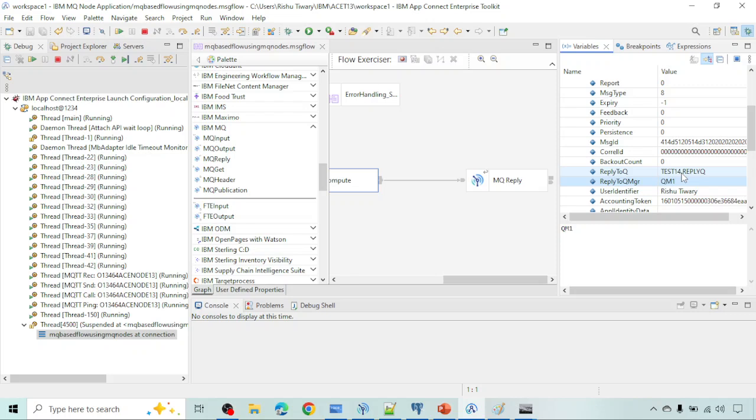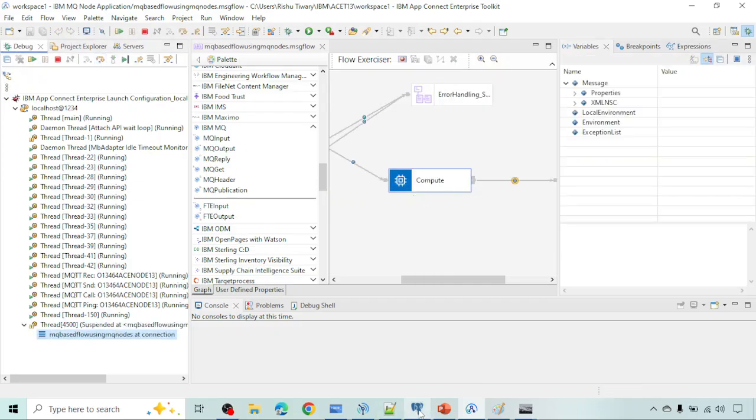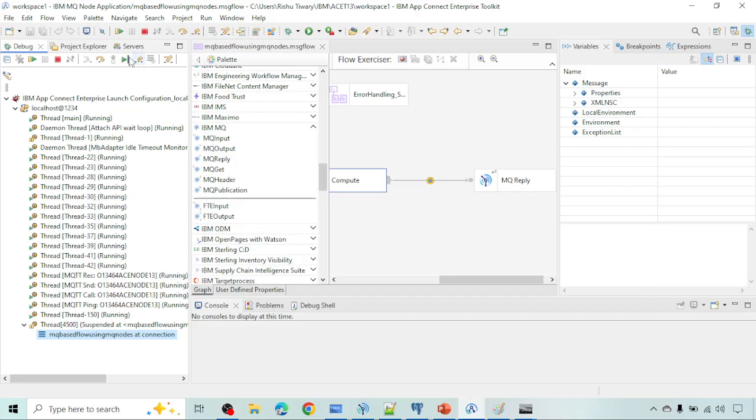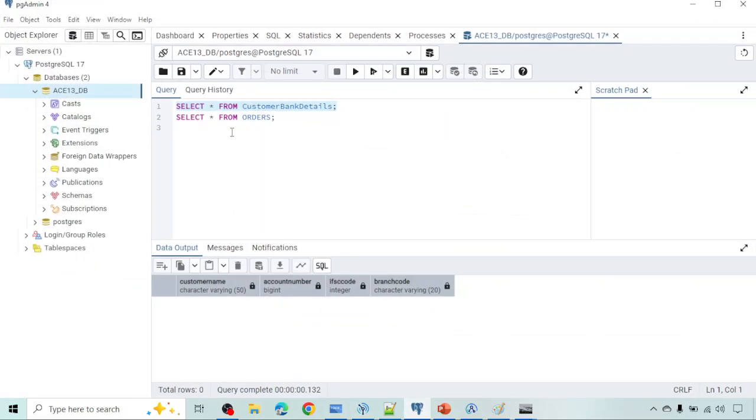Okay, so with the help of MQReply, we send a reply or response to the queue that is present under the reply to queue. Let me move forward. It forwarded here and has been inserted in the database, but it will not show yet because the transaction is not completed. Currently there is no message under the reply to queue, right? If I further complete the flow,